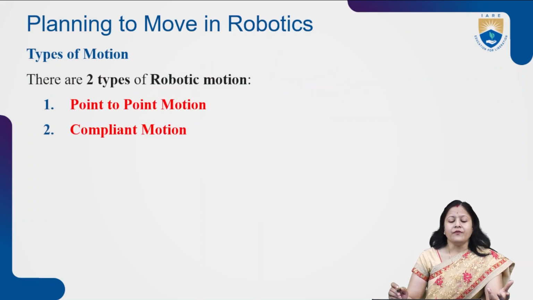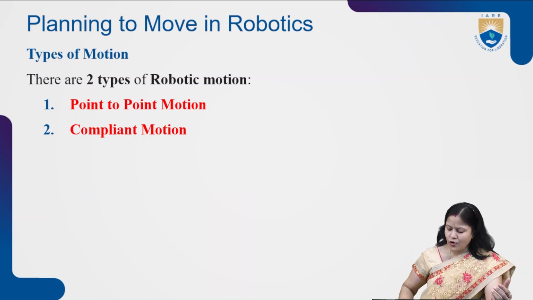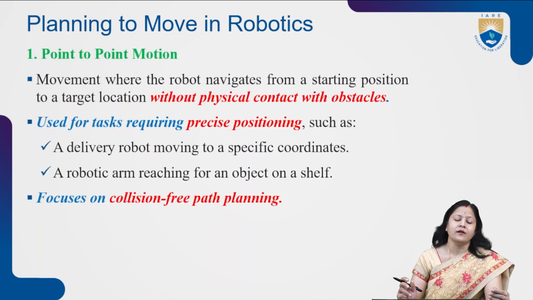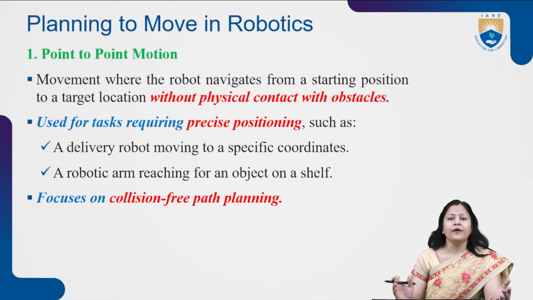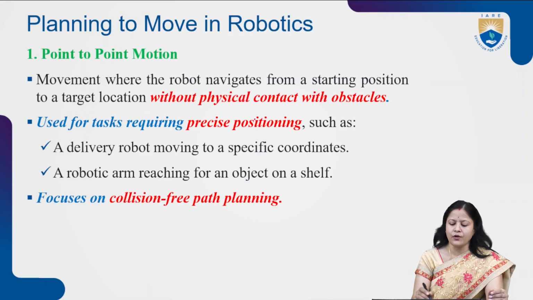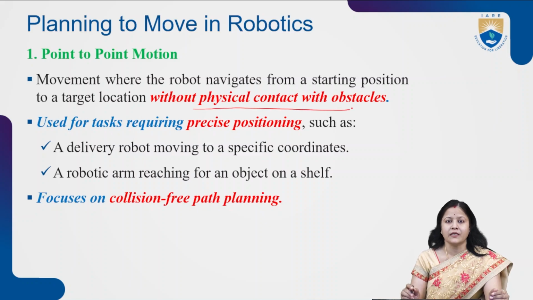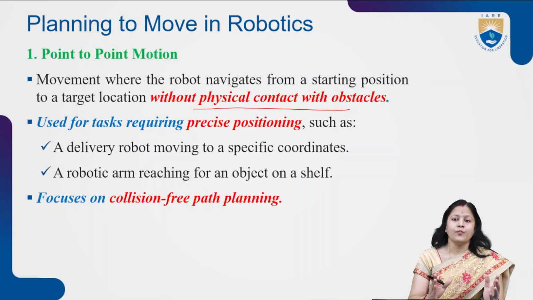Now, there are two different types of motion planning: one is point-to-point motion, and the other is compliant motion. What is the meaning of point-to-point and compliant? Point-to-point means movement where the robot navigates from a starting position to the target location without physical contact with obstacles. Whenever we are configuring our robotic vacuum cleaner, we have to configure it in such a way that we give the correct input,